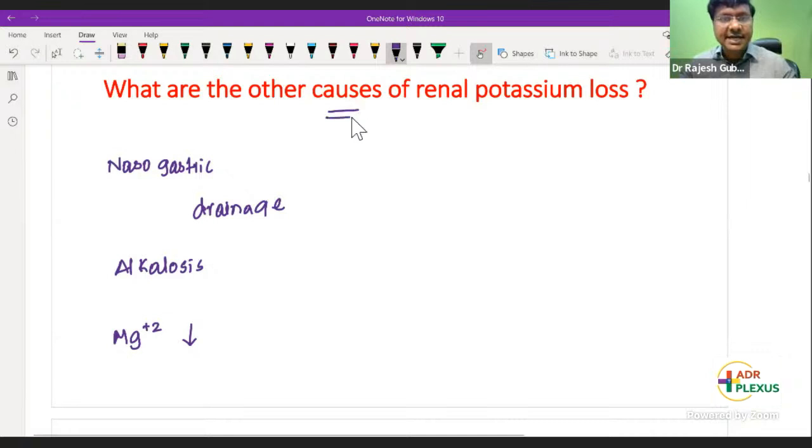So these are the other causes of the renal potassium loss: nasogastric drainage, alkalosis, and then the magnesium depletion,